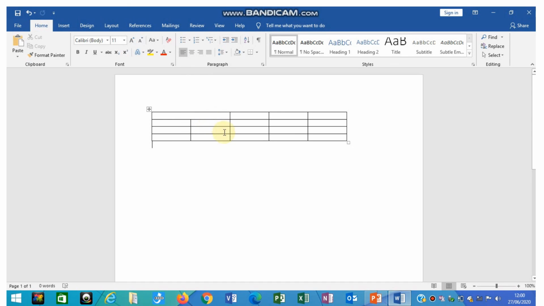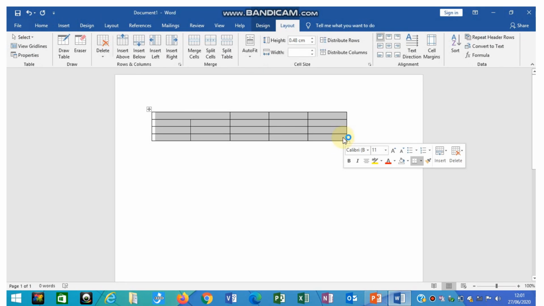Okay, first you need to select the whole table. You can also use Control plus A to select the table, since we do not have any text here. Or you can select the whole table by pressing the left click of the mouse continuously. By holding the left click continuously, I am selecting this table.